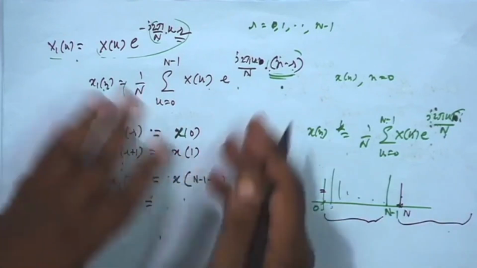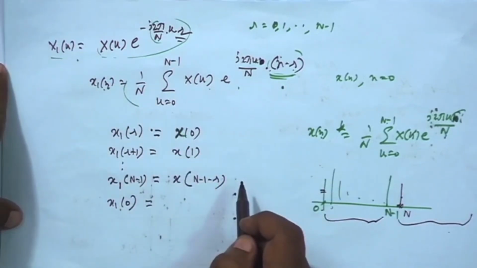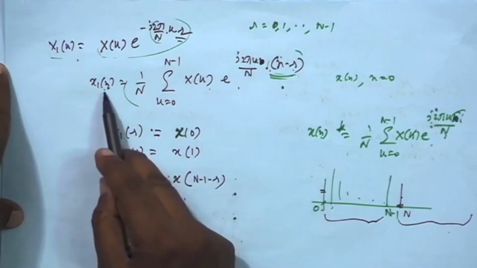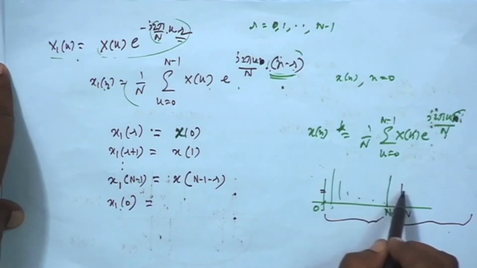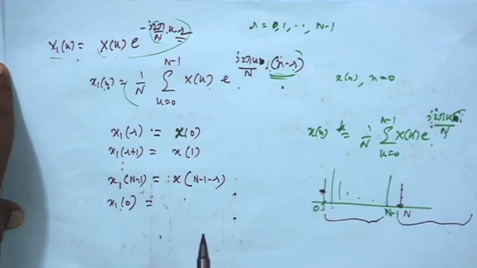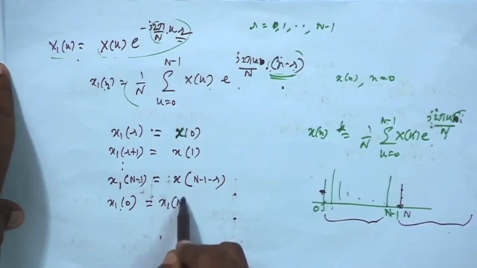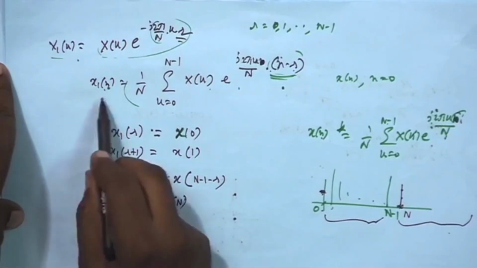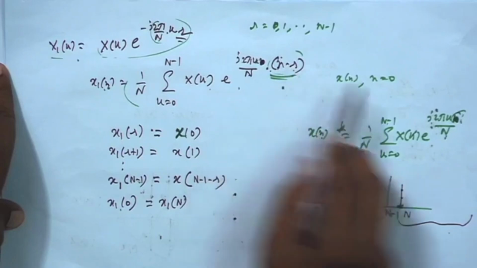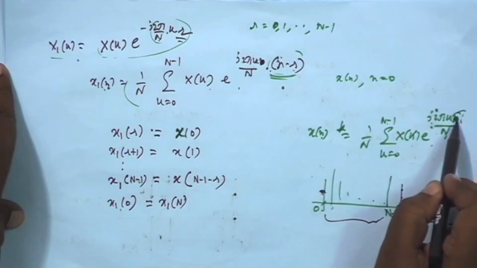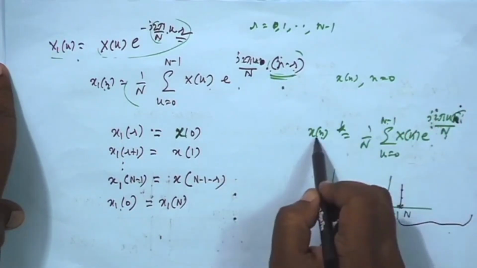So, if I take the inverse DFT but allow the index n to go beyond capital N minus 1, say to capital N, that value x 1 at capital N will be the same as x 1 at 0, because of the periodicity. So, x 1 0 is the same as x 1 capital N, but in this formula, if you put capital N minus r, as though here this index n is capital N minus r. So, it will be x